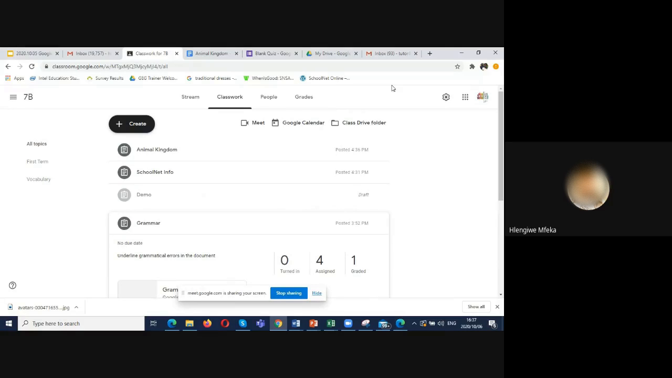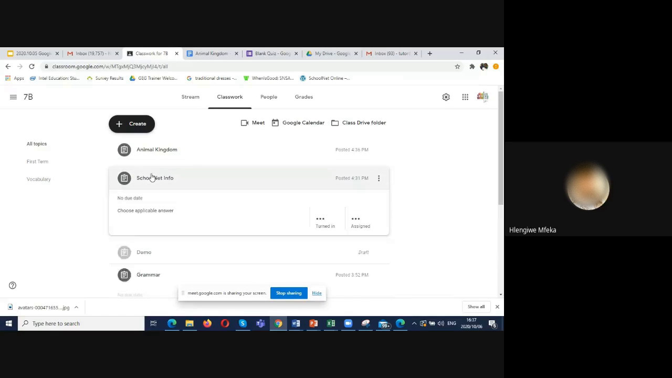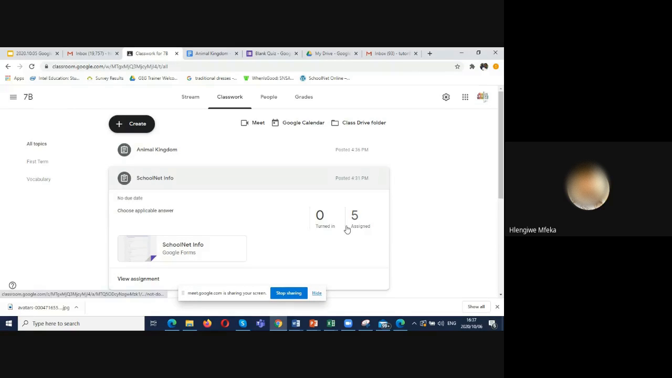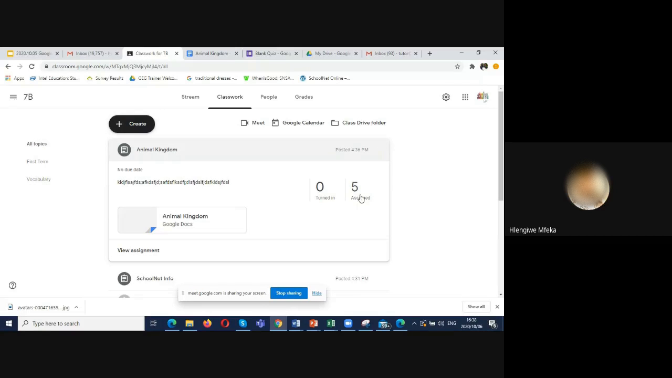All right. Now, let us go back to SchoolNet Info, the assignment. I've assigned this assignment to 5 students, and I can see if there are any students who have submitted. Right now, there is no one who has submitted this assignment. Let's check Animal Kingdom. It's too soon. As you can see, assigned, it's 5, 10 in, none of them. So I'm hoping that